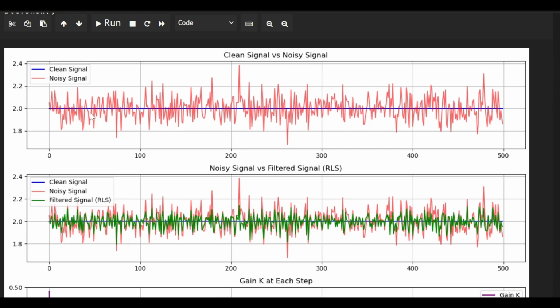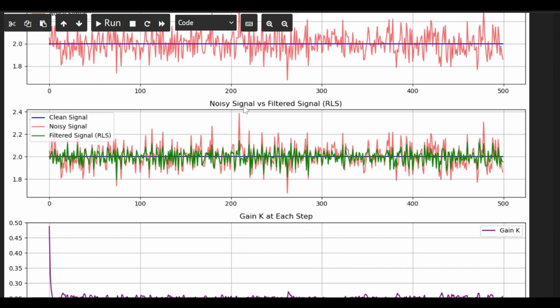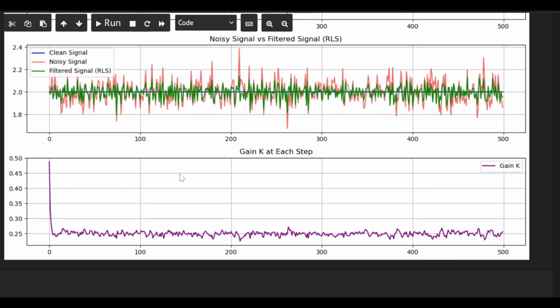Now this red signal is the input to the filter. So the next plot is the input to the filter, which is this noisy signal, and the filter output. So the filter input is this red signal that you see, the red plot that you see, and the green is the output of the filter. And as you can clearly see that the noise has started to reduce. The amplitude of green is not swinging as wildly as the amplitude of this red signal, signifying that the noise is getting reduced. Ideally speaking, it should track this blue line, which is a clean signal,